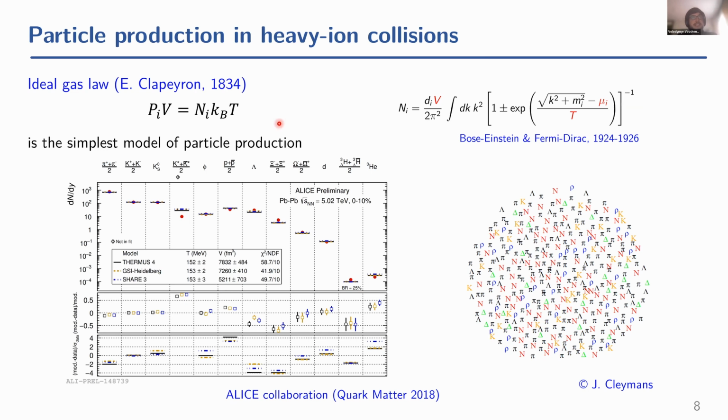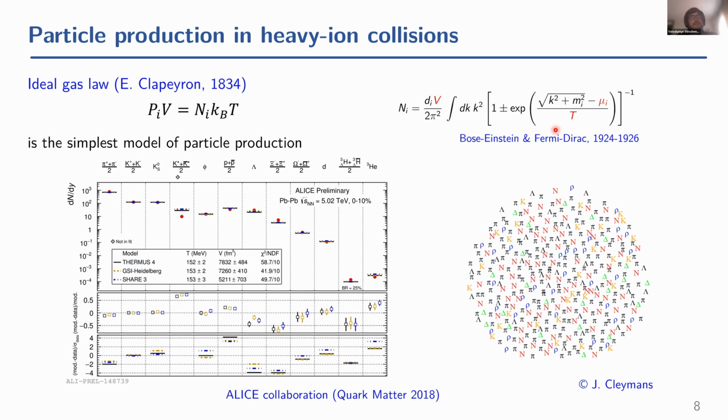Essentially, this is the ideal gas law, which was introduced more than 100 years before heavy ion collisions. But to be more precise, one typically uses the so-called hadron resonance gas model, which is a non-interacting multi-component gas of particles in the grand canonical ensemble. One uses the correct statistics like Bose-Einstein or Fermi-Dirac, and the corresponding distribution functions. They are well known and they are written here.